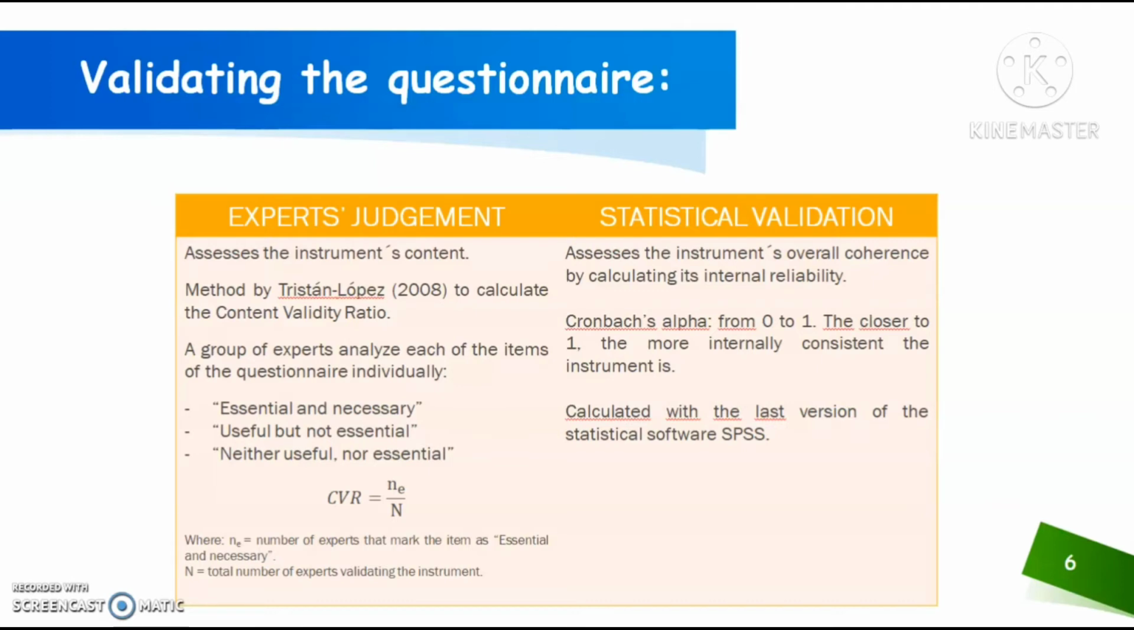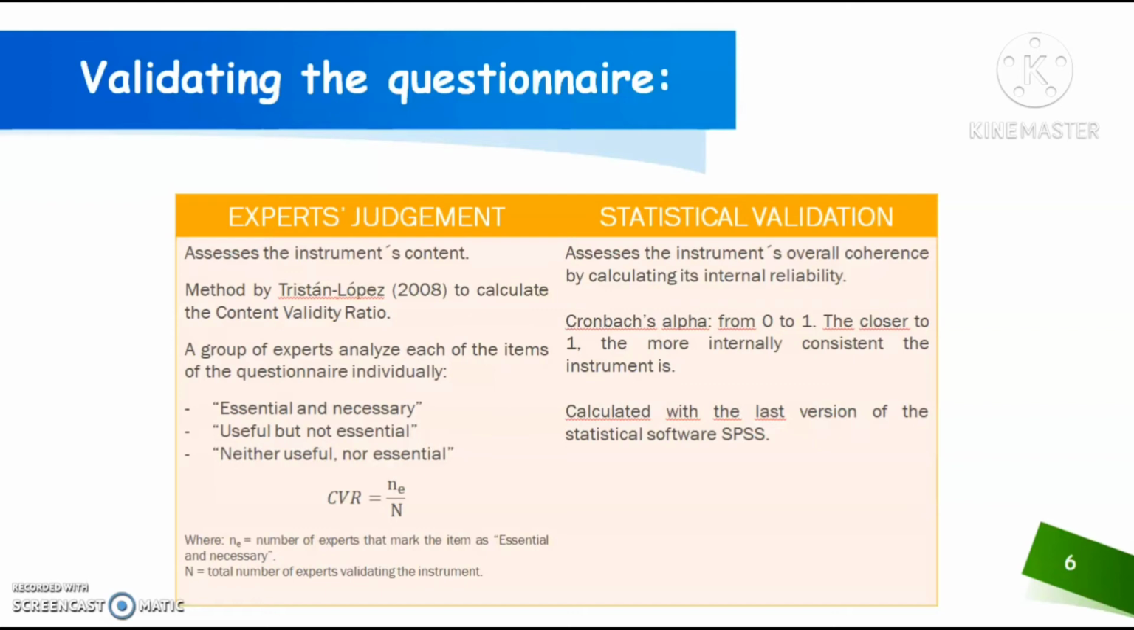It asks the experts to rate the level of relevance of each of the items in the questionnaire. The experts can mark each of the items as essential and necessary, useful but not necessary, and neither useful nor necessary. Then, each item's content validity ratio is calculated using the expression that you can see on the table, dividing